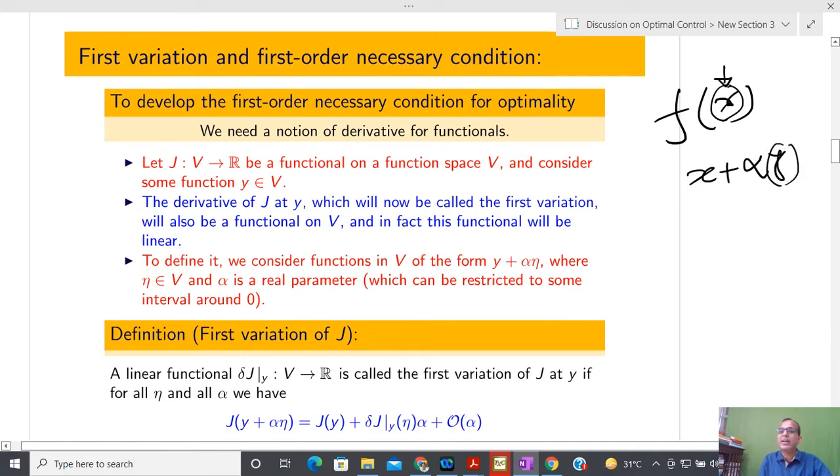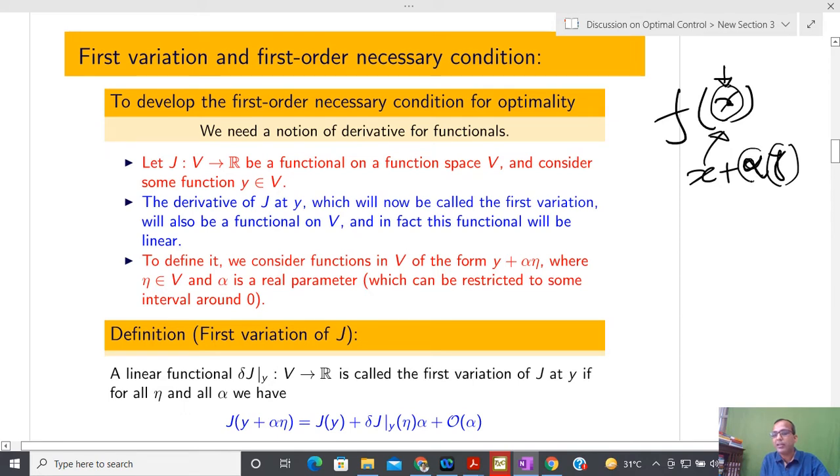Y is coming from the vector space, the column space, and in this way, if I have unconstrained optimization, then I can move in any direction. Here you try to see that I am going to do the same: J is a functional that is mapped from V to R, and we have seen that whenever we are replacing this, after that